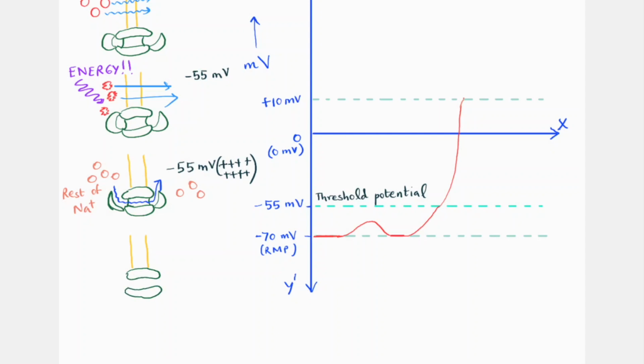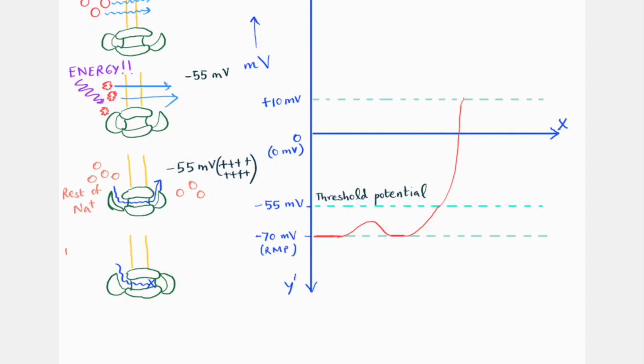So what happens now is that the fast gate has opened, right? It's not done its job of keeping the sodium outside. So now it's open. Once it's open, it remains open. But now the slow gate must take matters into its own hand. It was open earlier, but now the slow gate closes, and now the sodium cannot enter, right? It's a dead end, and no more sodium can enter.